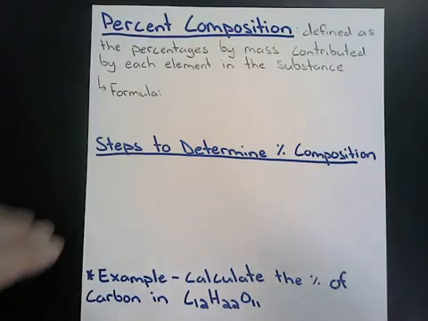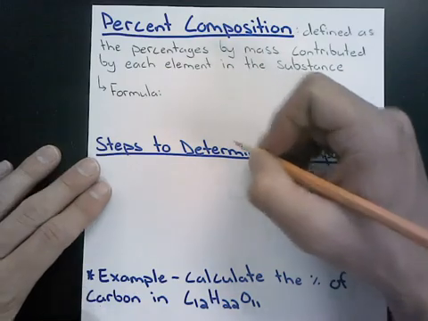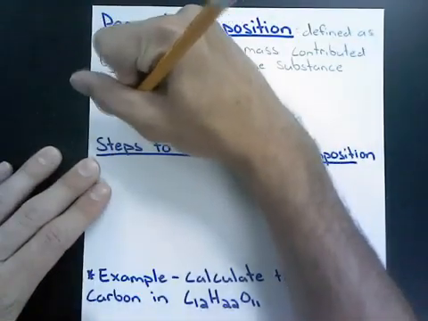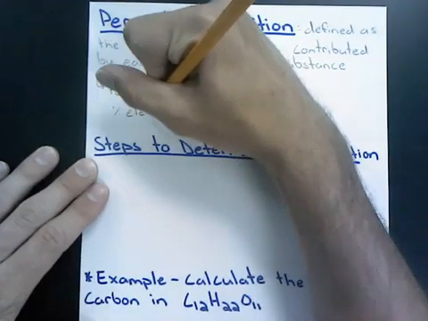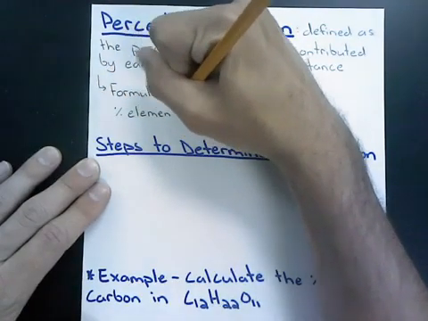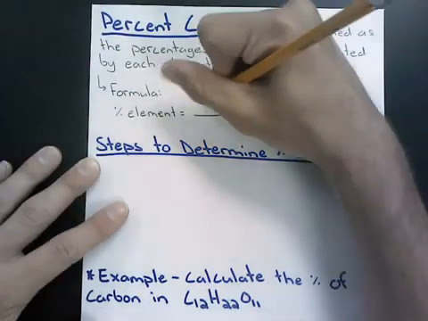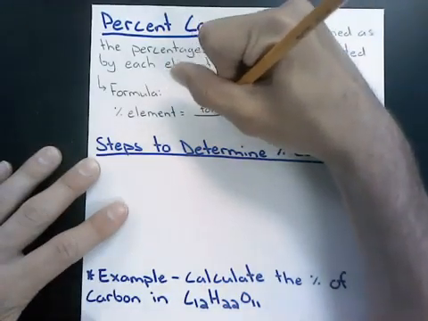So in this formula, to find the percent composition of the element, and I'm just going to call that the percent of each element, all we need to do is find out the total